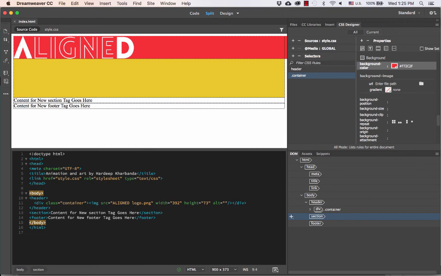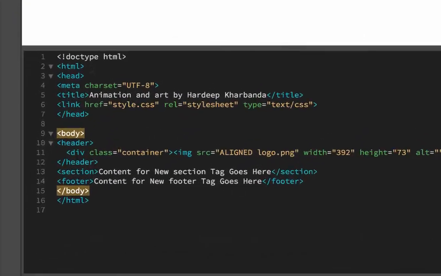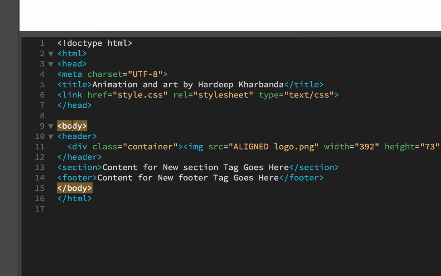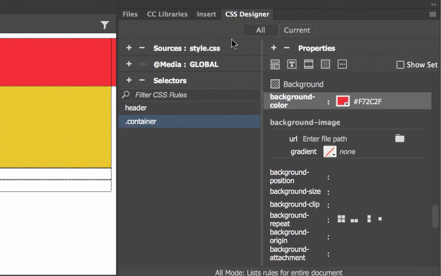How do we do this? First, we need to add a selector for body. So I come into my code, I click on the body tag. This is one way to add a selector. By using the code view, click on the tag that you want to add a selector for, and then go up to the CSS designer, go to selectors, and click plus. So this time Dreamweaver got that I want to create a selector for that page body, which is correct. I hit enter,